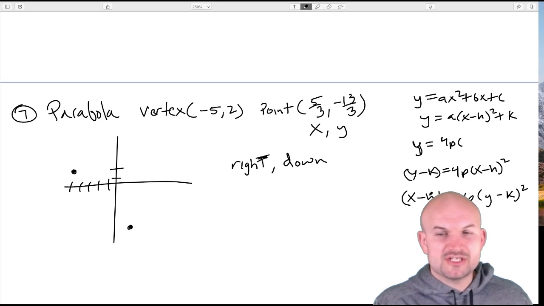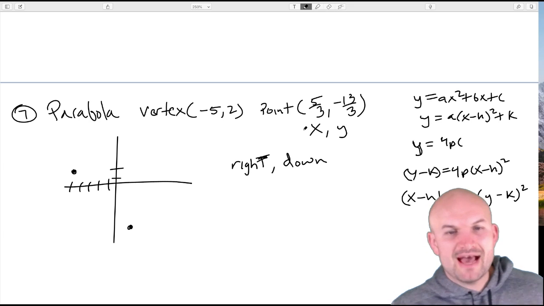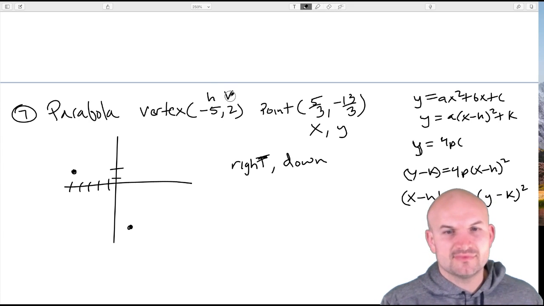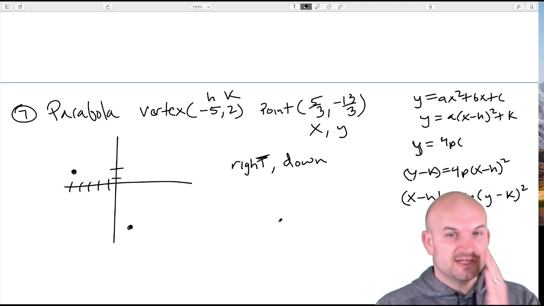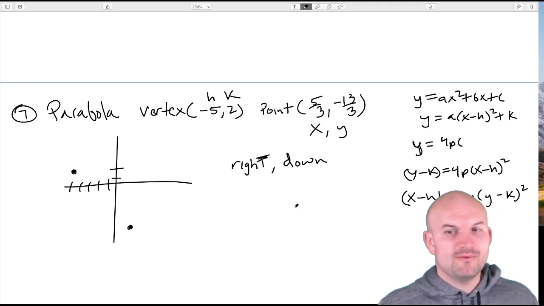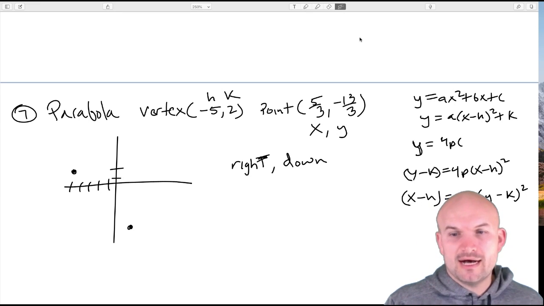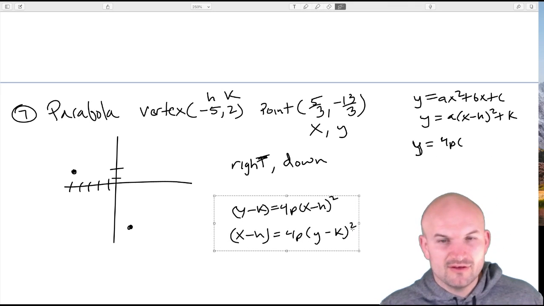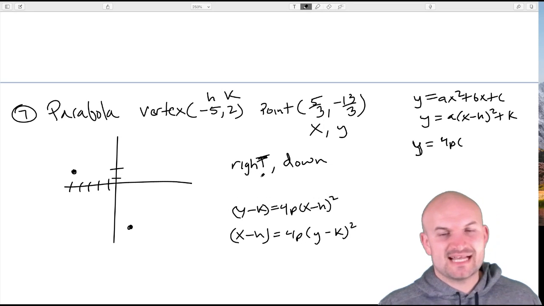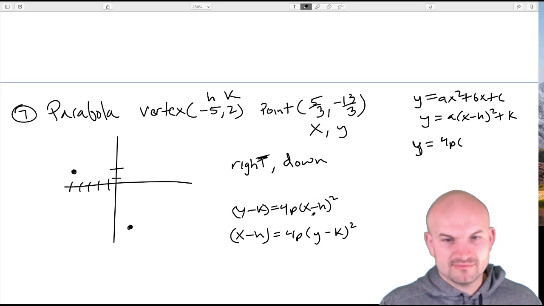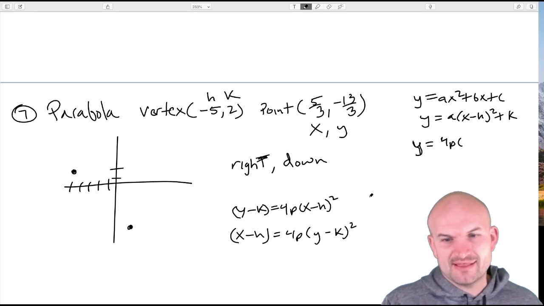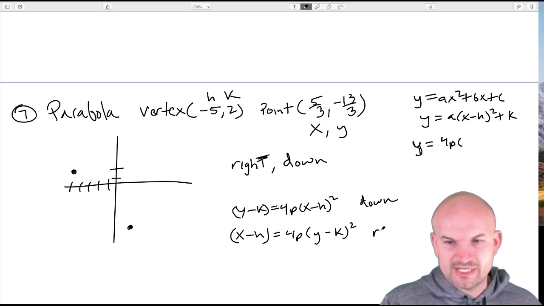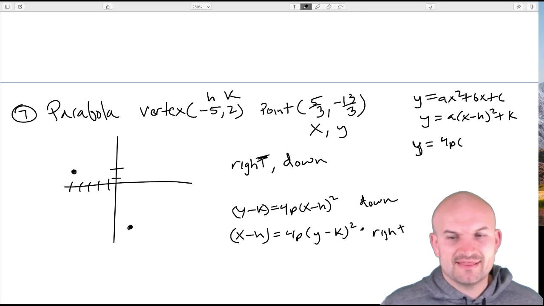Now, for both of these equations, we don't know what p is. So what you have here is you have your h and your k, and you have your x and y. And all you're simply going to do is plug in h and k, x and y, and then solve for p. So I don't know which equation you're going to do that for, but it's going to be for one of them. And you're going to have some fractions, so it doesn't look like it's going to be very nice. But that's exactly what you're going to do. It's just plug in x, y, and h and k for either one of these. So again, this is if it opens down, and this would be if it's going to open up to the right.